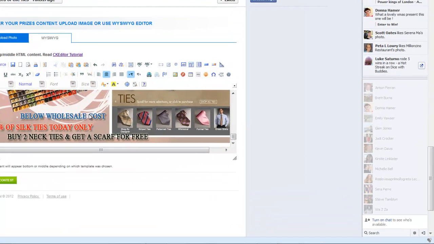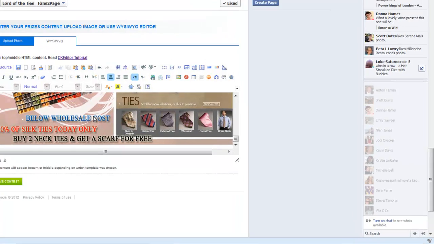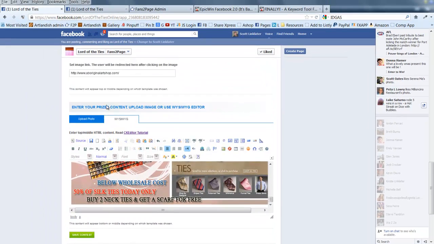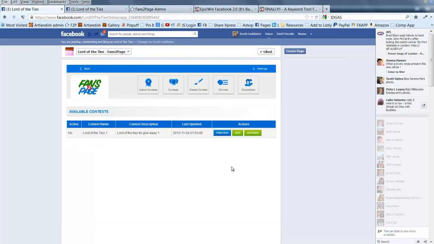If you've got a lot of experience with HTML or website design, you'll be able to design up some really trick promotional pages that'll look awesome. So once you've finished doing those two sections, we just come down here and we click Save Contest. And that will upload the first image, and you can see here we've got the contest is inactive, Lord of the Ties 1, it's the giveaway, when it was last updated, and then we've got the options here, preview, edit, or activate. If we want to preview how that looks, we'll click on the preview button,